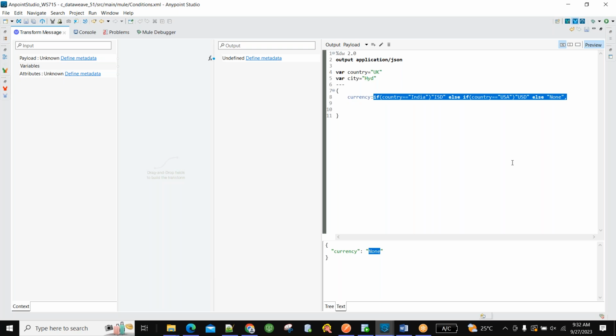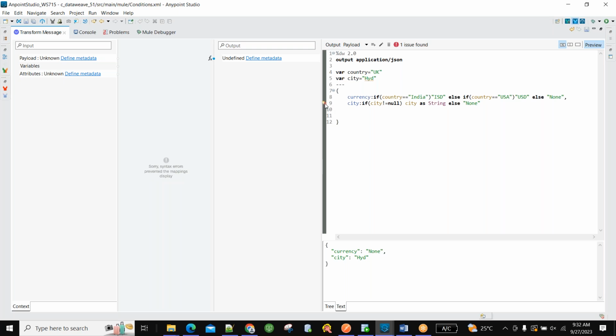In transform message, even that is feasible. Even this should work, but somehow it is creating some problem. Might be something syntactical. See, the space is not there. After city, for not equals to, we have to give the space. That space I have not given, and it is not even giving the right error message.